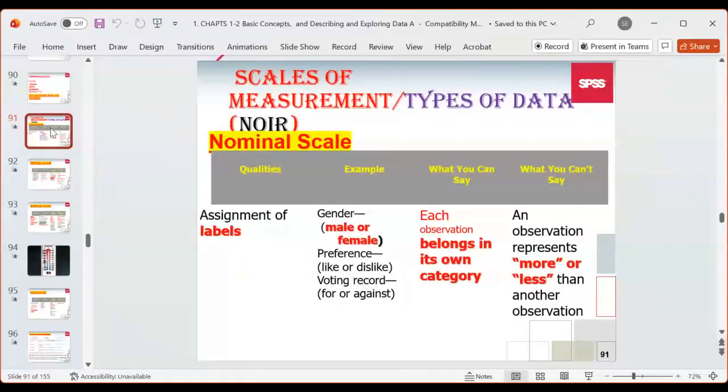Let's briefly start with scales of measurement. In order to remember them, the mnemonic is called NOIR. It's a French word. N-O-I-R means black. N stands for nominal, O stands for ordinal, I for interval, and R for ratio. Briefly,